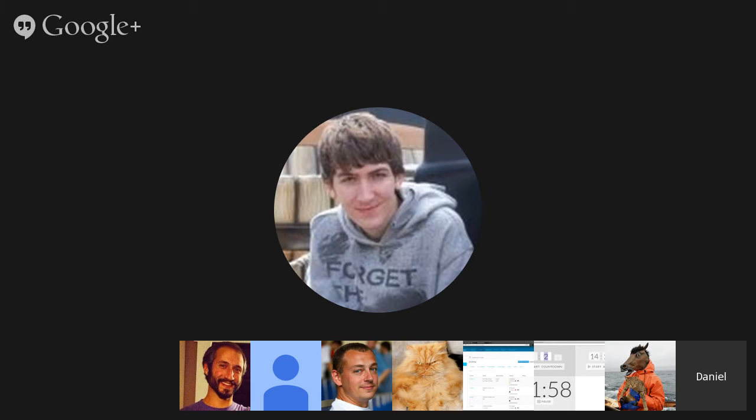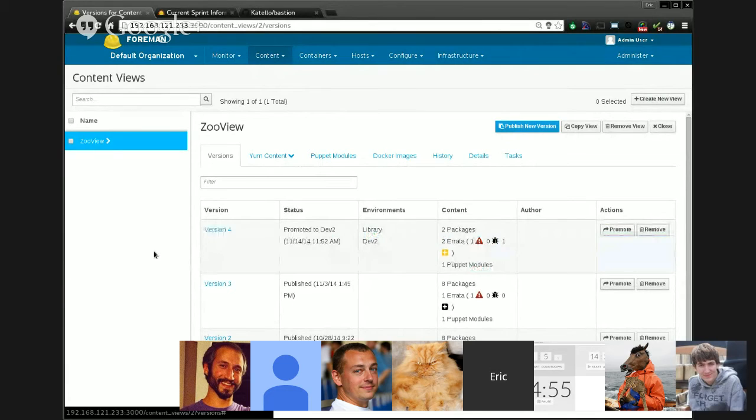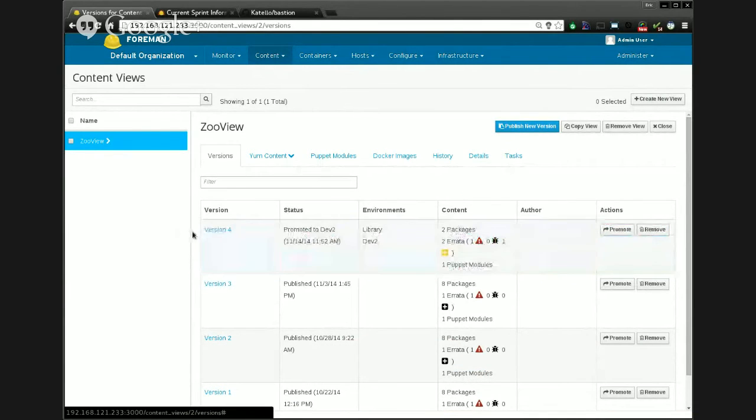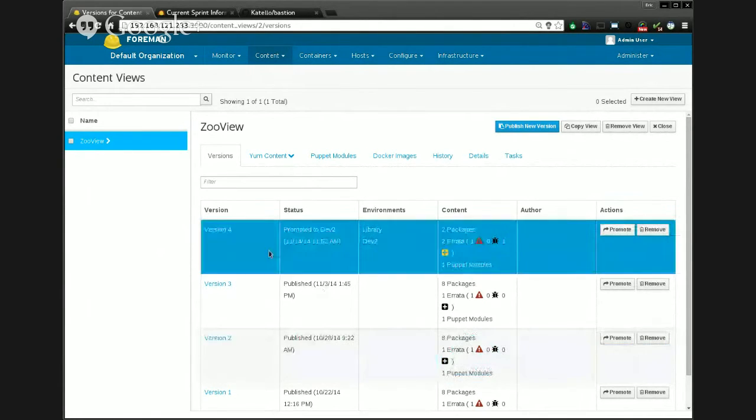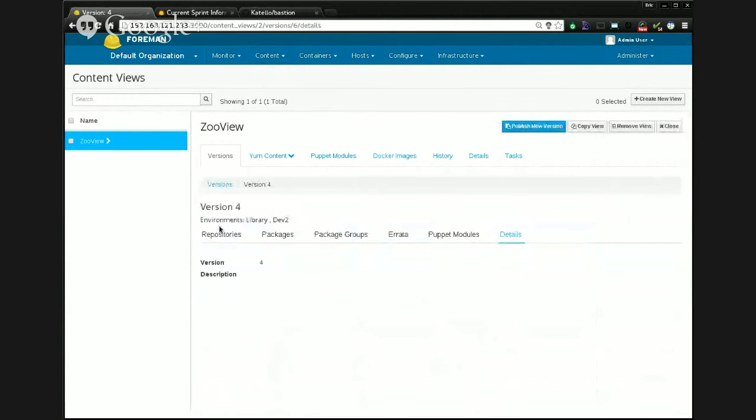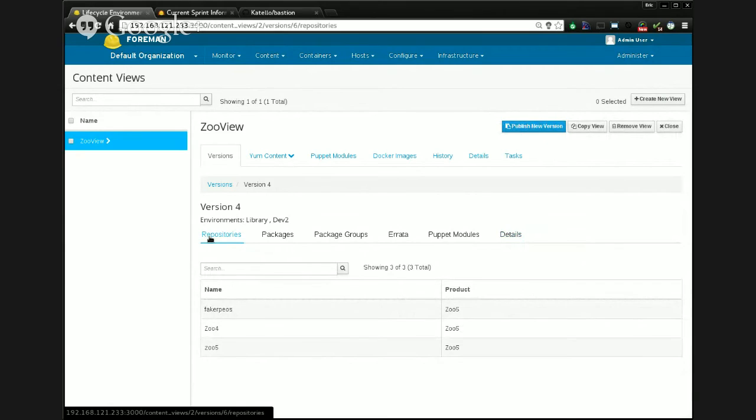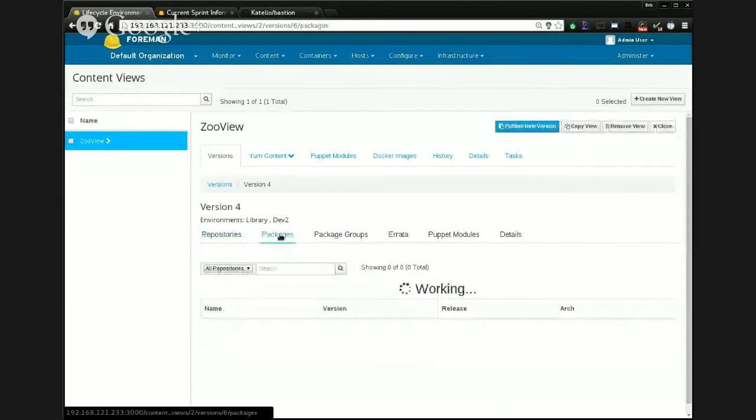So you should see now that when you go to the content view details page, when looking at a list of versions, each version should show up as a link and be clickable, which will take you into a drill down of the details for that published version. So in this case, showing you the version and subscription, and allowing you to browse through the various content types, starting with first getting a list of the Yum repositories and the products they belong to, and being able to